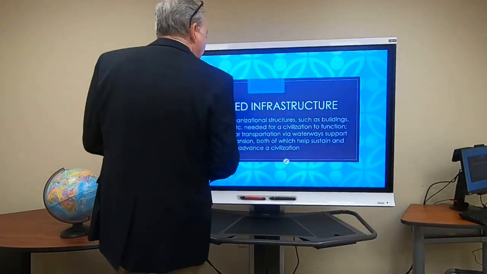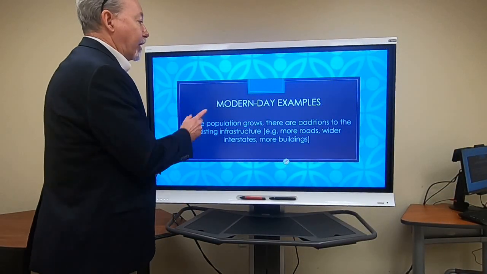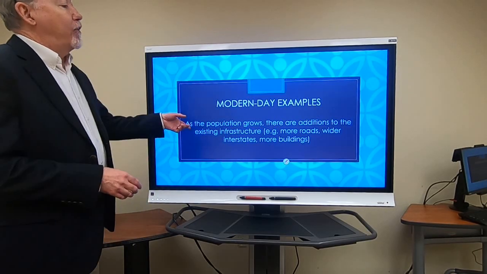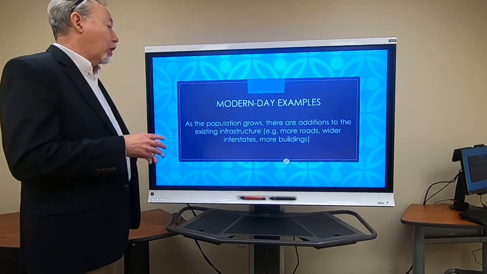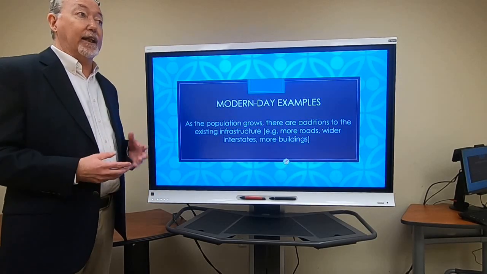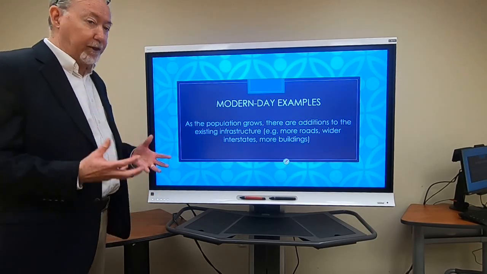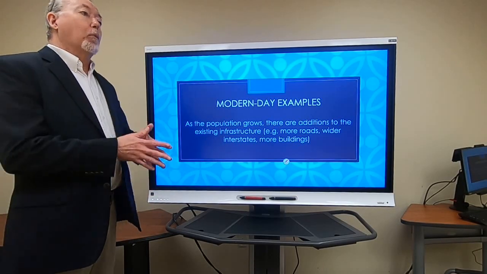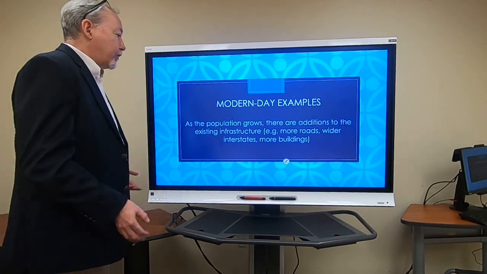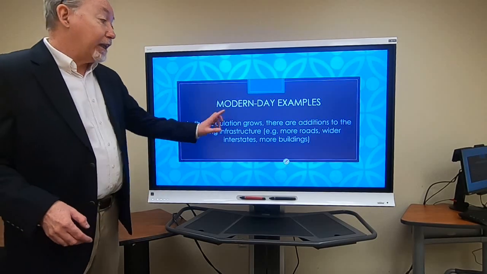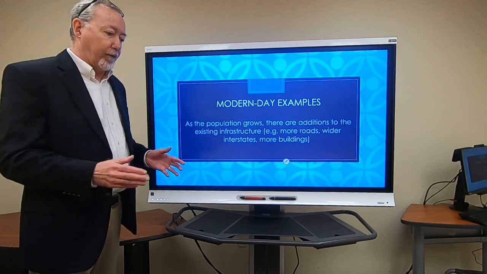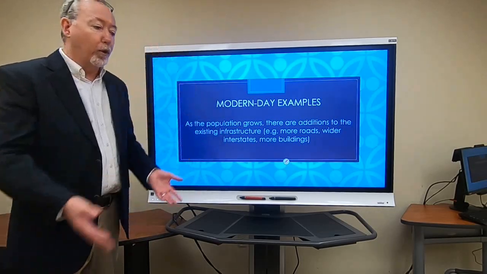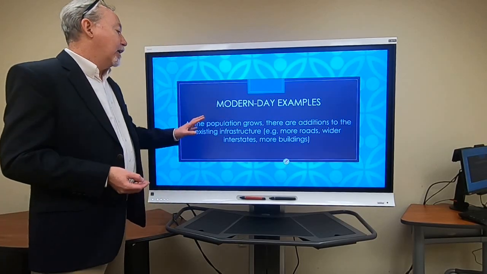All right, here we go. I've got some modern day examples. This is important. As a population of a civilization grows, of course, there are additions to the existing infrastructure. Remember, the planned infrastructure. The more people you have in your civilization, then all of a sudden, you're going to need more stuff. You're going to need more buildings. Your roads are going to have to be wider. They're going to have to be bigger because you have more people that are using your roads every single day. Same with